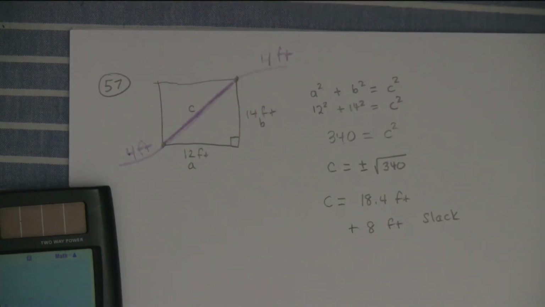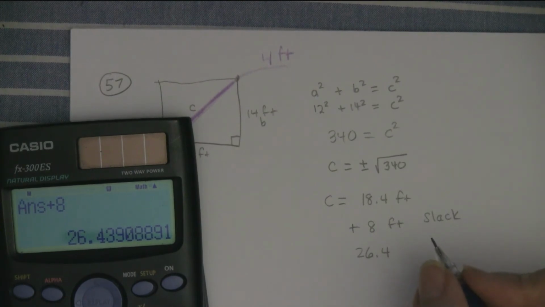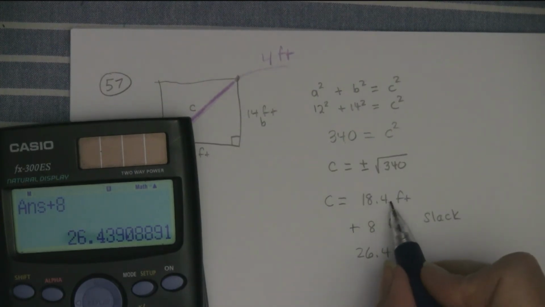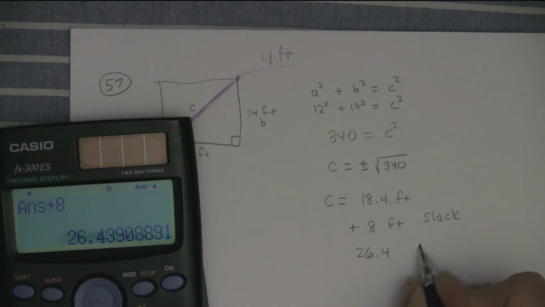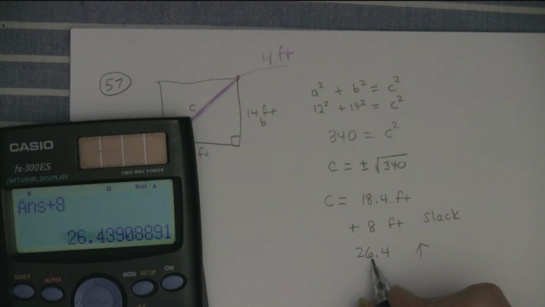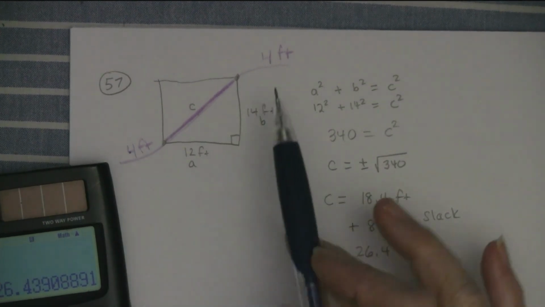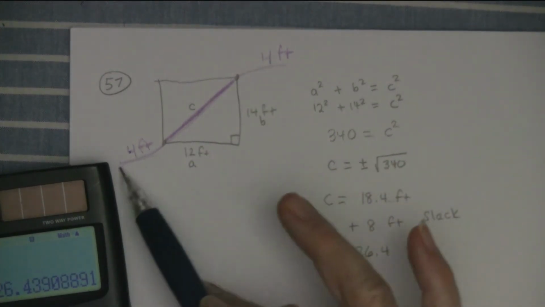So I'm going to add 8 feet onto there for the slack and make my calculator tell me as a decimal. So 26.4. Now it said to round up to the nearest foot, right? So it's going to be 27 feet. It said always go up. It didn't say round accurately, right? It said up. And that's what's going to happen when you're buying something, because let's say that I really needed all of this, you know, I tried to put in some fudge factor here, but let's say that I